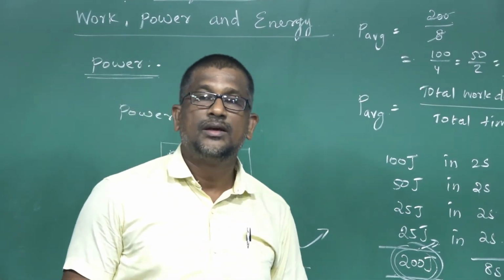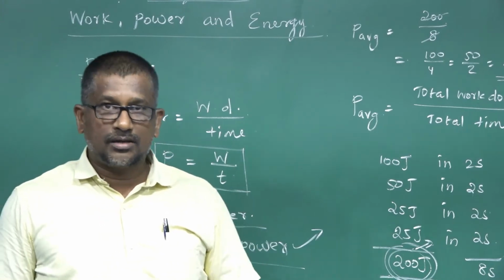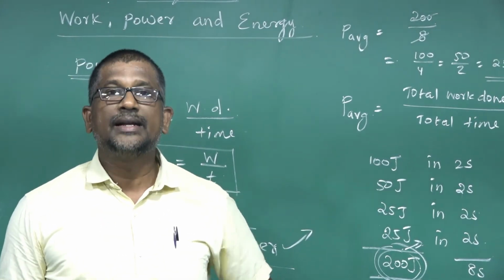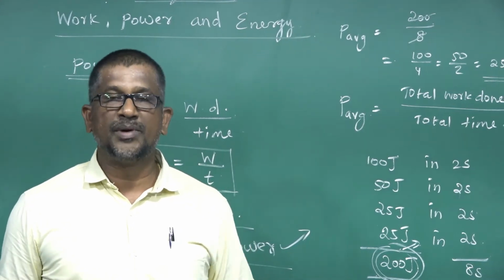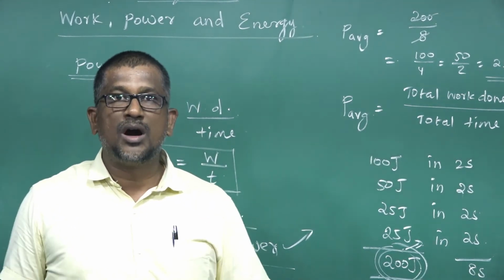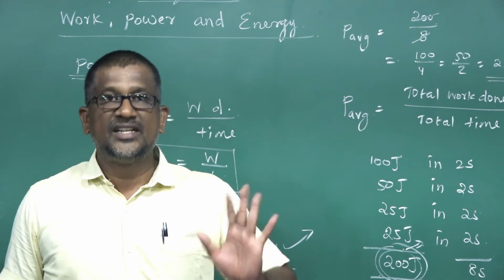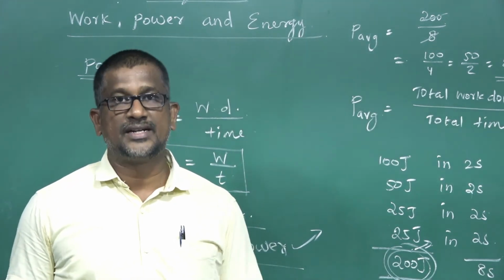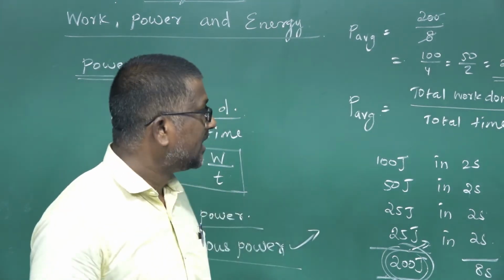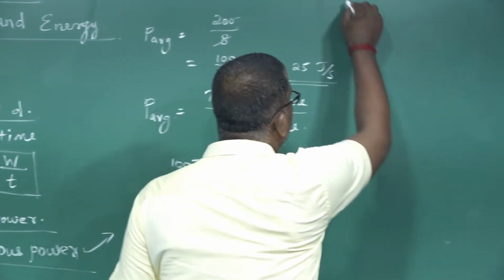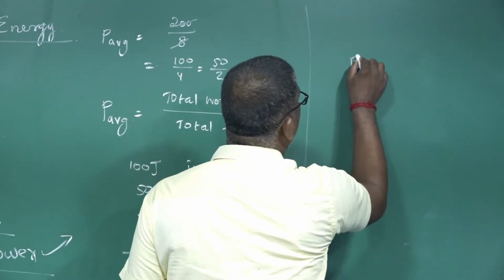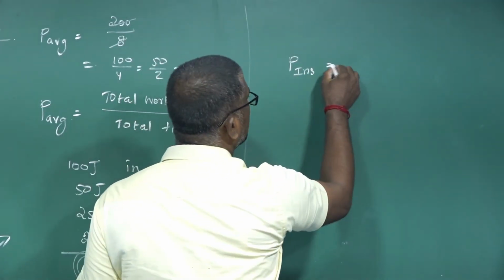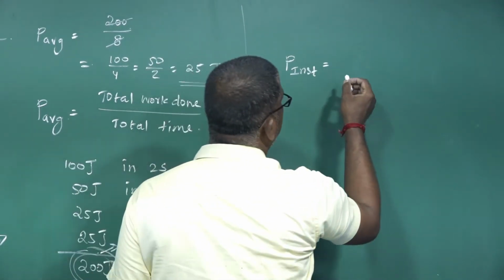Instantaneous power. The power at any instant is called instantaneous power, or the power consumed or power delivered at a given instant of time is known as instantaneous power. Instantaneous power is denoted like this, and it is given by